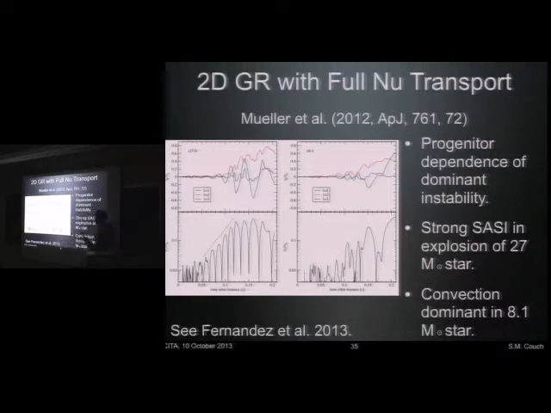They find 2 different regimes for these instabilities based on the progenitor structure. Some progenitors are going to show a lot of SASE. Others are going to be convection dominated. And Rodrigo Fernandez has a recent paper. I wanted to put a plot in there from his paper, but I couldn't decide on just one plot to put in the talk. But he goes into great detail with some very careful simulations in 2D and defines by linear analysis these different regimes for where we should expect SASE and where we should expect convection.